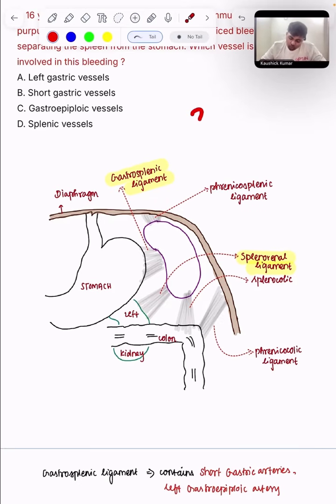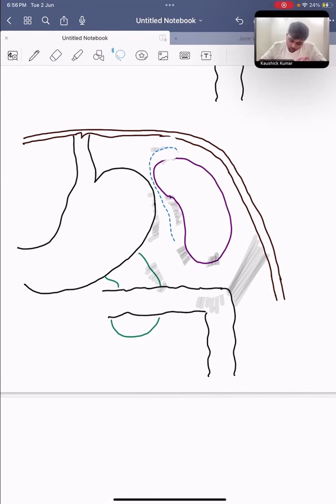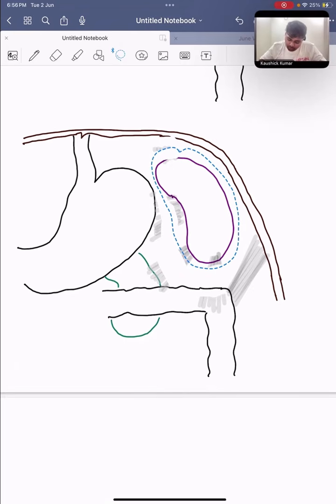So why do you need to know all these peritoneal attachments? Because when you are proceeding with splenectomy, you need to take down all the peritoneal attachments that are related to the spleen. Out of all these ligaments, we give utmost importance to the gastrosplenic ligament and the splenorenal ligament, because these two ligaments contain blood vessels within them. You need to take down all these peritoneal attachments, then you can safely take